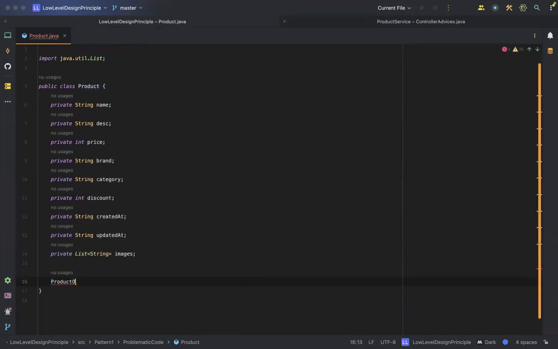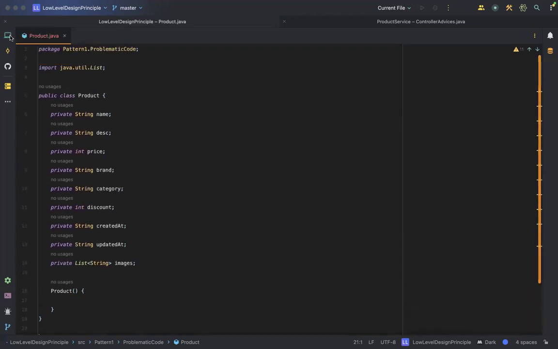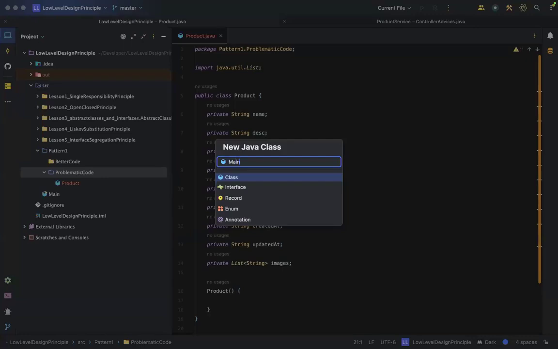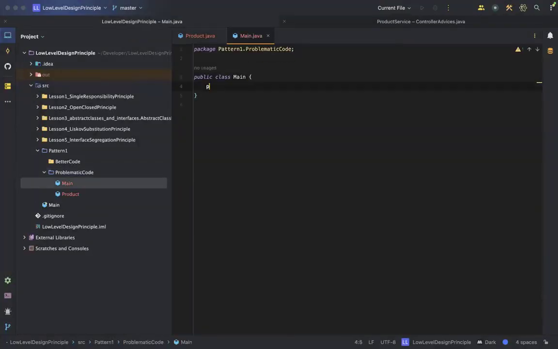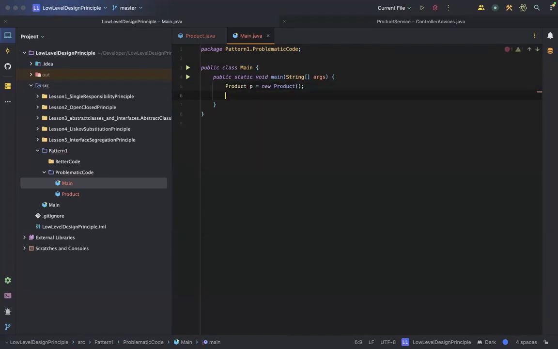So this will be the constructor. Now, how many different types of constructors can you have? You can have a default constructor kind of a thing that will initialize all of these properties with default values, right? So let's say if I write a main class separately here, so let's create a new Java class, Main, public static void main. And let's say I create a Product p is equal to new Product. If you run this code,